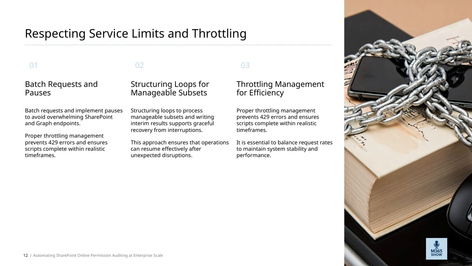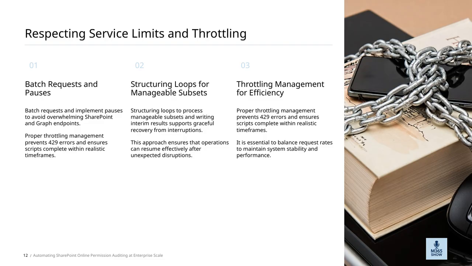Now, let's talk about proper throttling management and why it's so crucial when automating SharePoint Online permission auditing at an enterprise scale. Proper throttling helps us avoid those frustrating 429 errors, which happen when we send too many requests too quickly. By managing request rates carefully, we ensure our scripts can complete within realistic timeframes, keeping the systems stable and